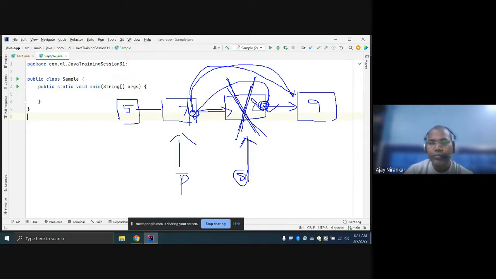Because once you start from the header, this is our header, the first node is the head part. You can start from head and jump here. Whenever you are jumping from head to next, there is one temporary variable with which you are traversing from this to this to this, right? At the same time you can hold another variable, a previous variable.